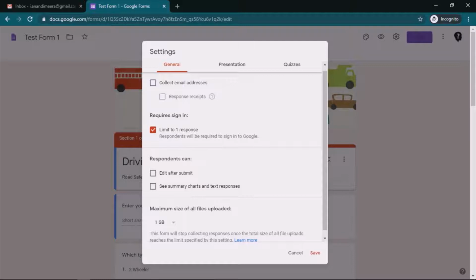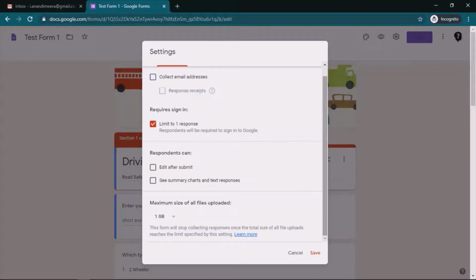as well. This option enables the respondent to see the summary of the charts and text responses. Basically it gives access to your summary charts and whatever text responses there are, which can be seen by the respondents. Sometimes, if there is an open forum or a classroom survey, so that everybody wants to know the overall audience poll or the respondents' orientation towards any question, they can utilize this.